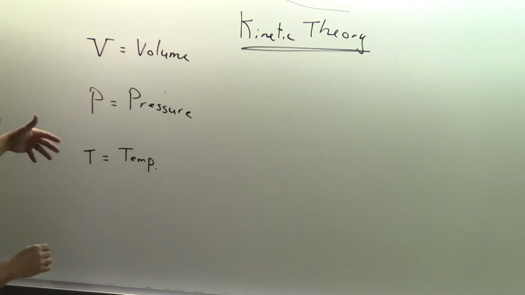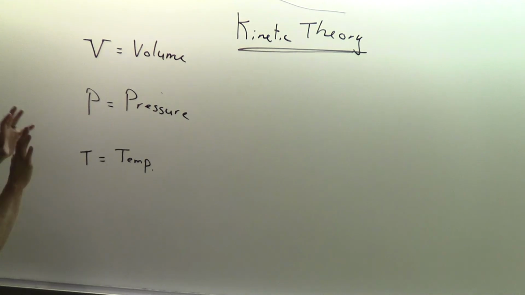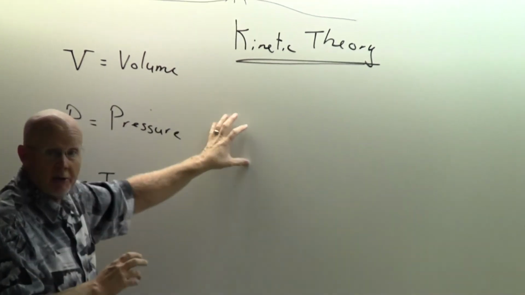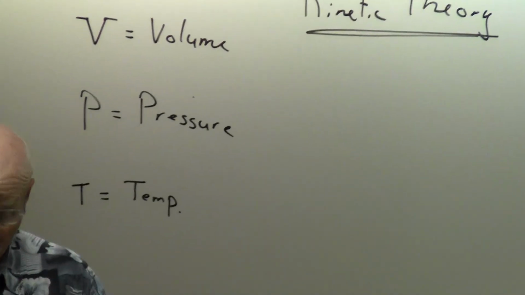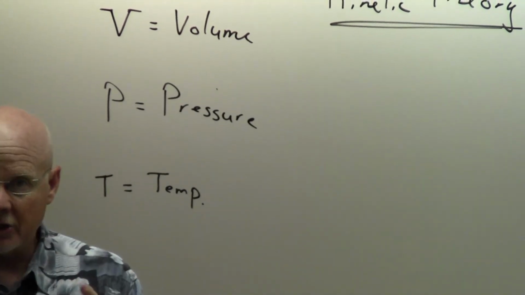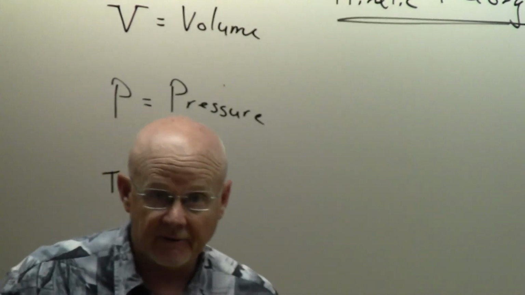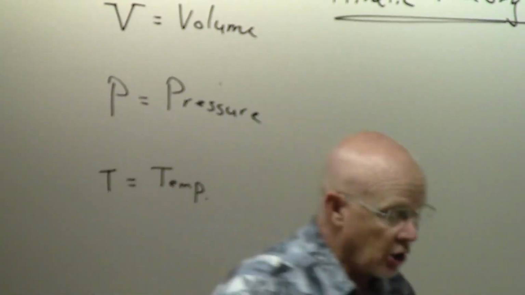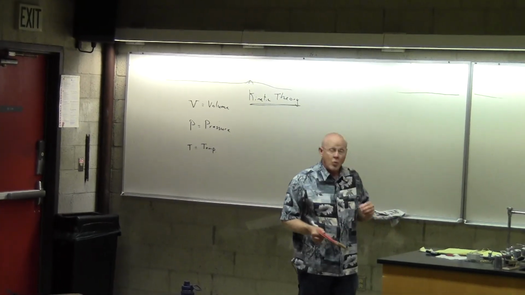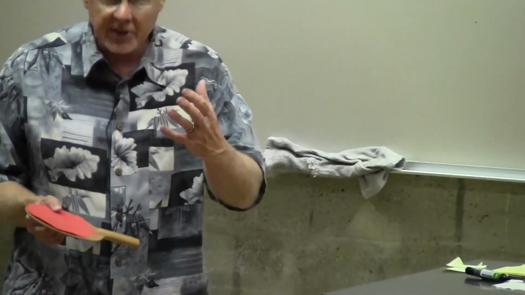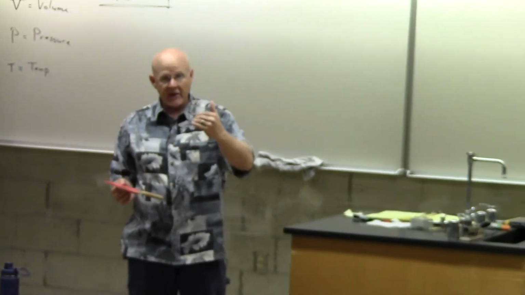But I'll begin with saying here was the idea that keep this big picture in mind. It's called this kinetic theory, and that is everything is made up of these little atoms or molecules, if the atoms are hooked together, and they jiggle around. And so when you get it hotter, they jiggle faster. In fact, I was just outside and I thought I'd show you something real quick, but it's a nice warm day here in Santa Barbara, and it's warm because we have Santa Anas, and the Santa Anas are warm because it's high pressure and it's sinking down.